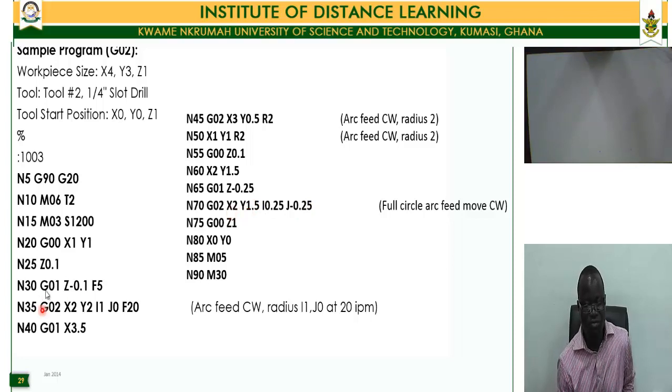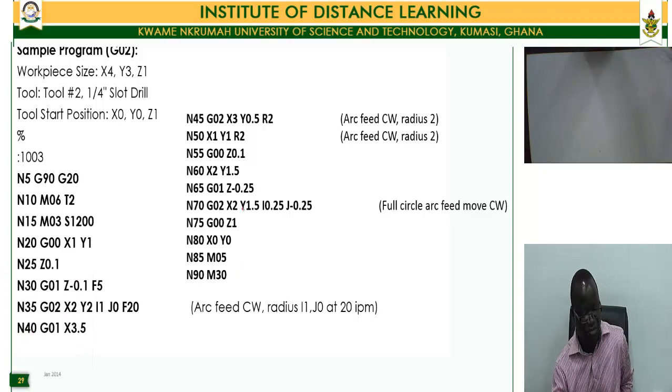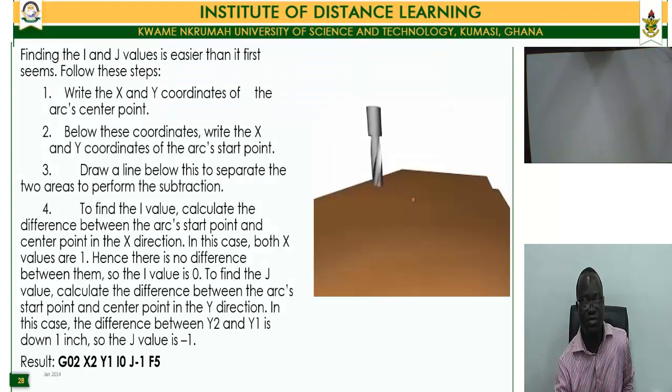And if you give that command, then you are going to have something like what I'm going to play in this video for you to see. That is, you have a situation where the tool will cut through with that specified radius until it comes back to that point to create what we call a full circle move. Okay,